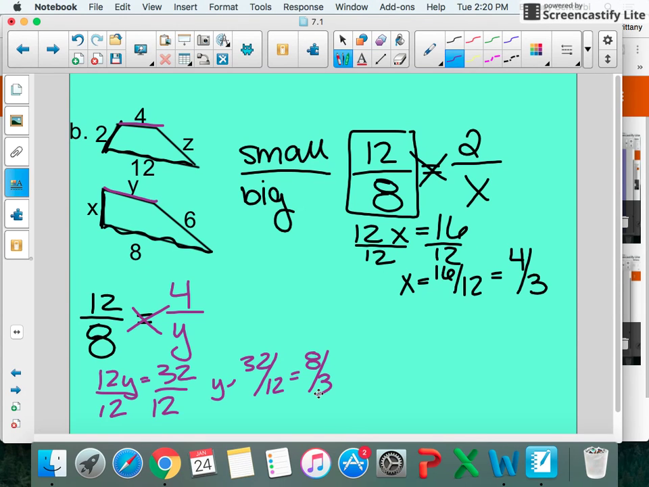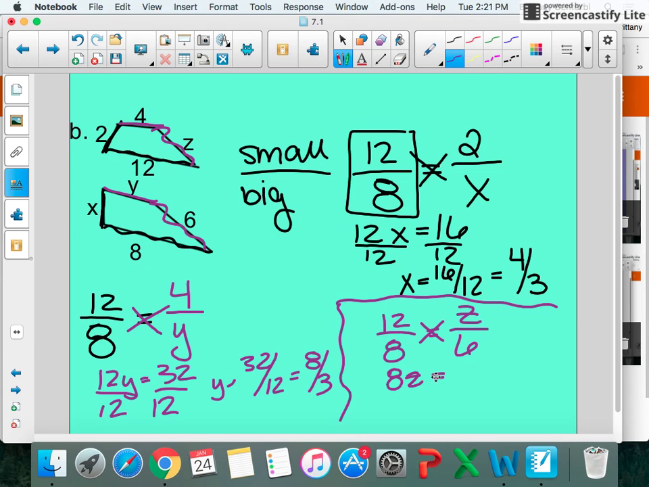And the last one we have to figure out what z is. So again, I'm starting with 12 over 8. And I'm going to set that equal to where z is. So z is in the small one, so that goes on top now, over, it matches with 6 in the larger one. So again, we're going to cross multiply. So I get 8z equals 72, and if I divide by 8, then z will equal